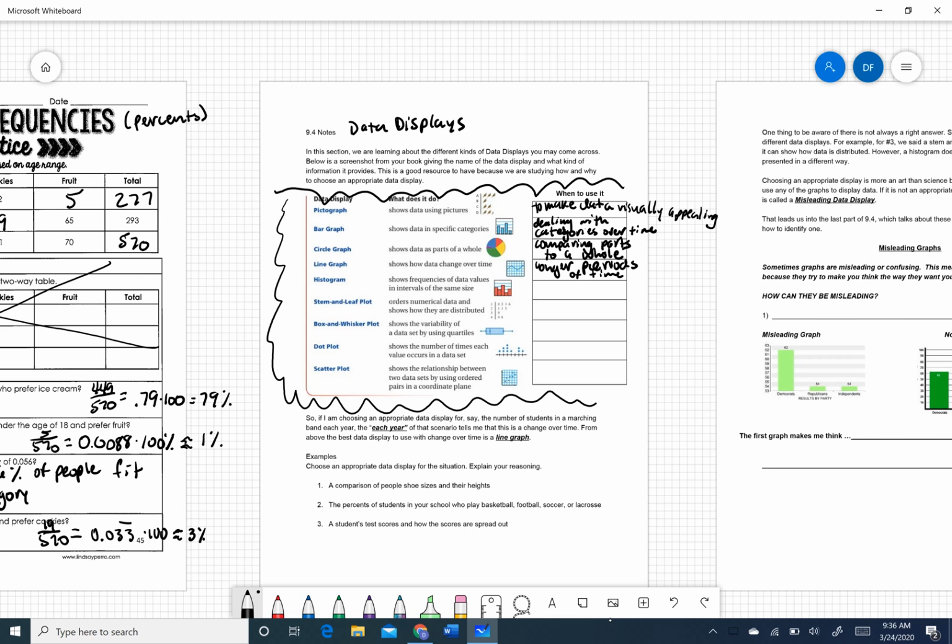All right. So a histogram shows the frequencies of data values in intervals of the same size. So this is just showing how often something occurs. And so this is a very numerical category. So this could be like an age range, and if we were to look at different age ranges and how often, let's say, they take out their dog, for example, right? You could have your age ranges being like 10 to 12, 13 to 15, and then seeing how often each age range takes out their dog is a good example for a